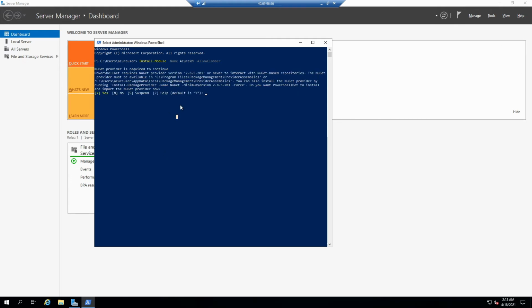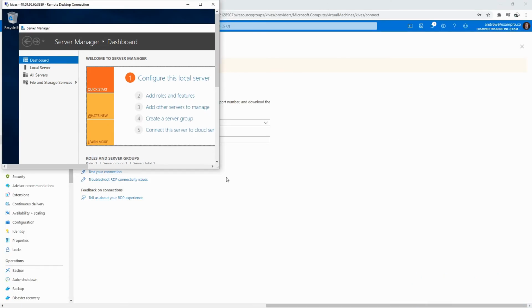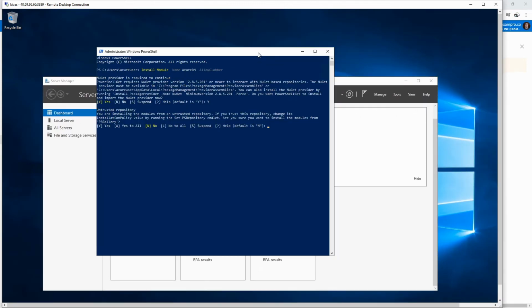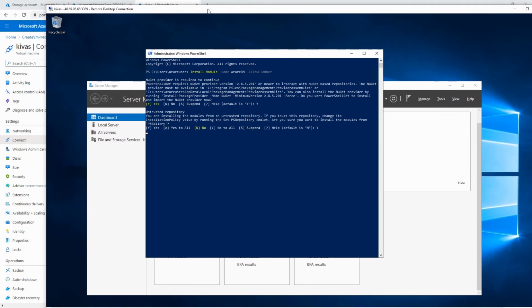Okay, so after waiting a little bit, it asks us a question, so we're just gonna hit Y to everything. All right, and as that's going here, it can take a little bit of time. So what I'm going to do, if I can even minimize this here, and I did not mean to minimize Azure, or this here. Oh, the other one already prompted. That was pretty fast, actually. It's going really fast as of today. But as that's going,